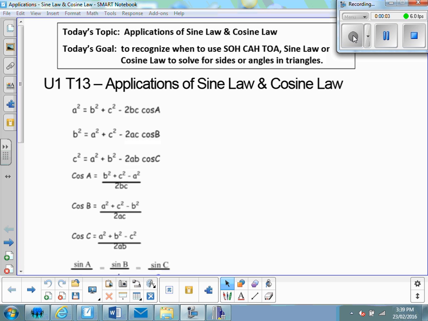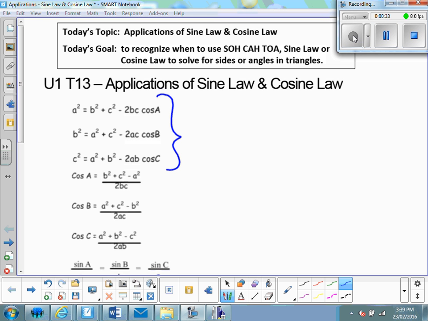So we have been working with sine law and cosine law, and so now we're at a point where we're going to take a look at applications of the sine law and cosine law. So today's goal is to recognize when to use SOHCAHTOA, sine law, or cosine law to solve for sides or angles in triangles. So we've got all of our formulas listed here, and when we do a test on this stuff, you'll be given these formulas, so you don't have to memorize them, but you certainly have to know when